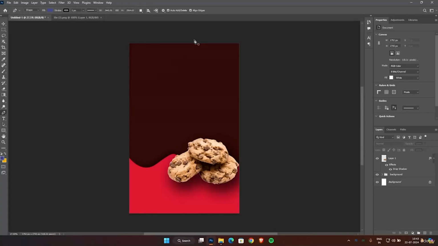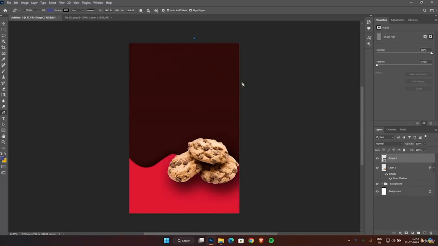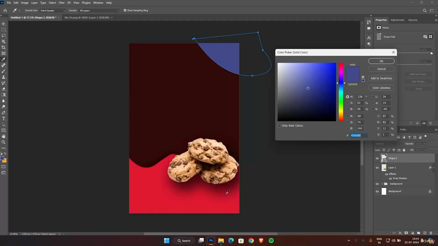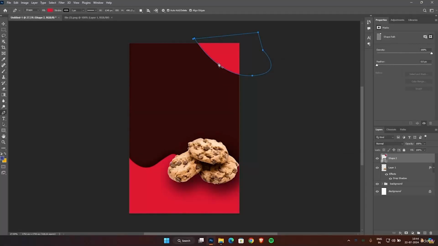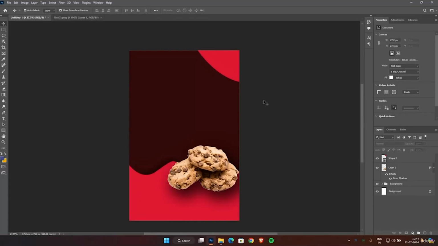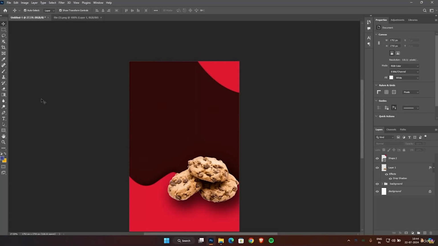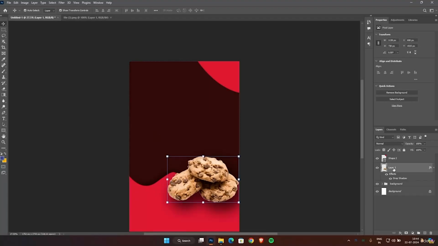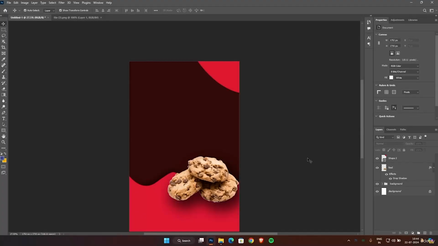Next, we will choose the pen tool again and create a design at the top right of the page. Something like this. Perfect. Now in the layers panel, double click on this shape and choose a color from here. And I think we should use the same bright color here as we did at the bottom. It looks great, doesn't it? Let's rename the cookies layer to cookies. We have completed half of our work so far, but there's still some more work to do that will really